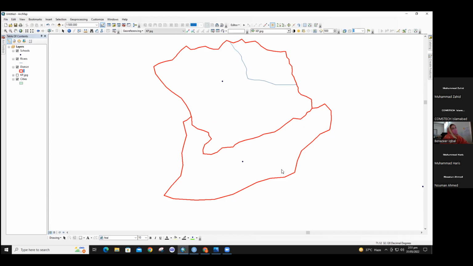So what you can do, you can separate these two polygons by creating new features. How to create a new feature? Actually, these two polygons and points and line are just one shape file, three feature classes in one feature data set. But if you are interested in this polygon only, and you don't need any river in that, and any point data in that, and no connection with other districts or other polygons, so what you can do,